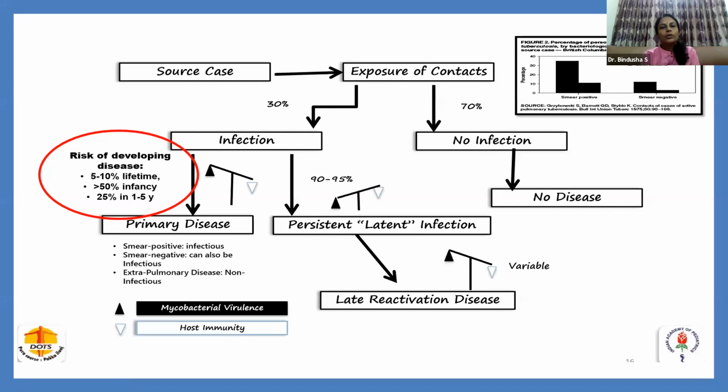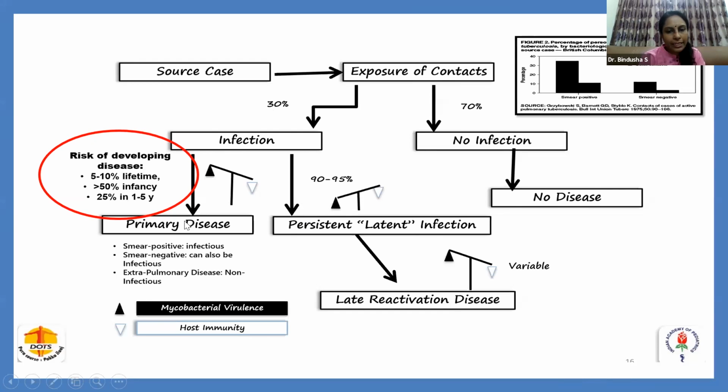Okay, as we all know, whenever a person is exposed to a tuberculosis patient, the contacts will have an exposure to tuberculosis. Among these contacts, 70% will not develop any infection or disease. The 30% of the exposed contacts will develop an infection. And from this 30%, 90 to 95% will have a persistent latent infection, and around 10 to 5% may have